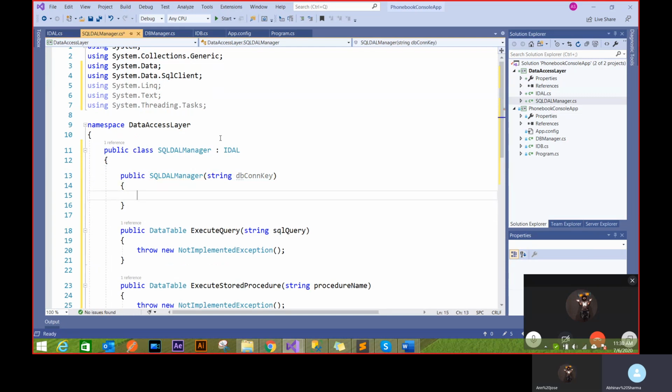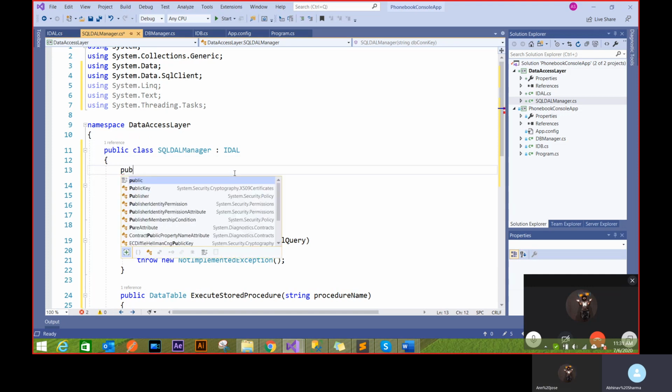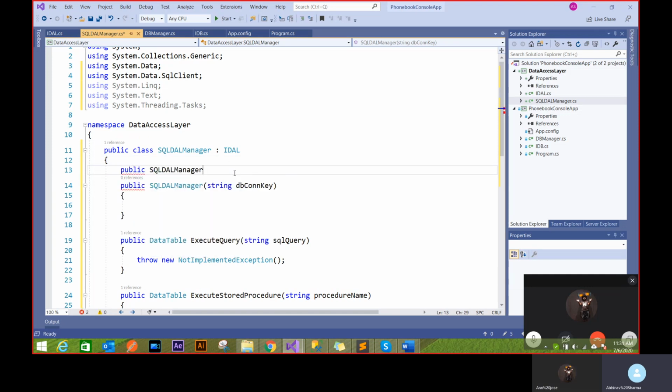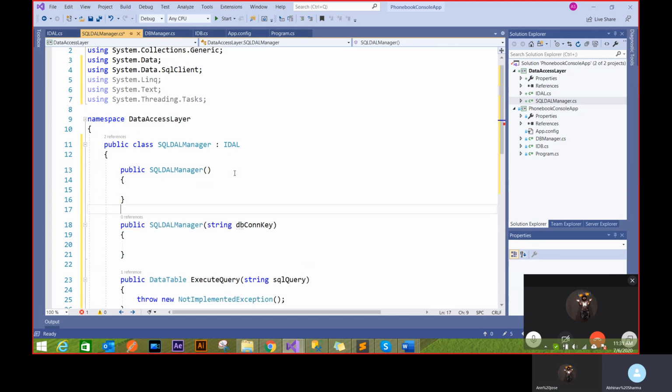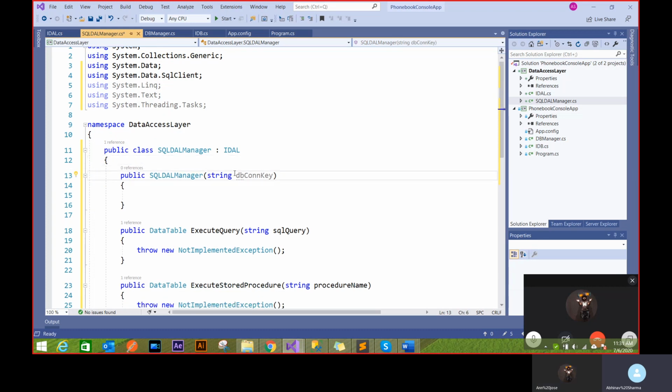See, this constructor will only be initialized if I have a connection key. I don't want it to be initialized any other way. I won't be creating that blank constructor that you created that time. If I do that, then there's a chance of error. I would be able to create a constructor without any key, but that's not what I want. I don't want any user to create an object of this class without any key. So if you have moved that thing in your project, then you will be getting an error every time you try to create an object with a blank.